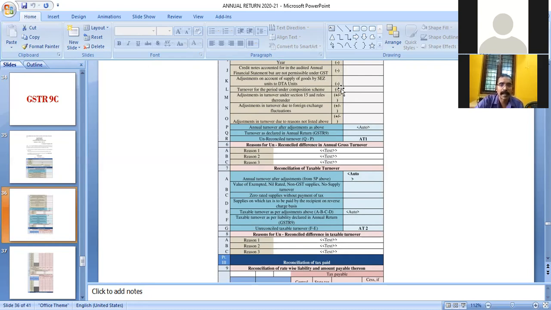Then comes column number L, turnover for the period under composition. For example, if a taxpayer has opted for the regular scheme for a part of the financial year and the composition scheme for the remaining part of the financial year, then the turnover for the period under the composition scheme is to be reduced. This item has already been included in the audited financial statement. So to arrive from the audited financial statement to the balance as per form GSTR 9, this item number L